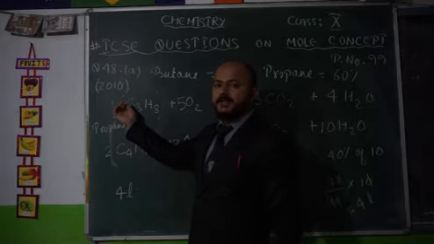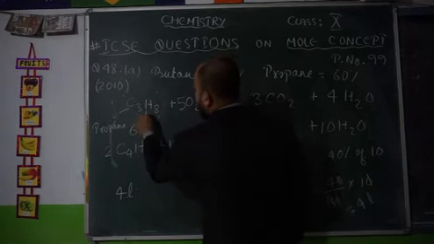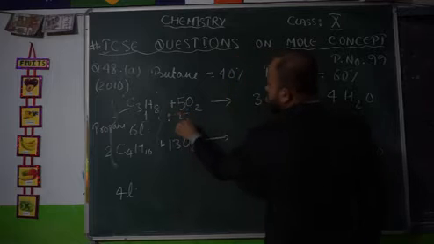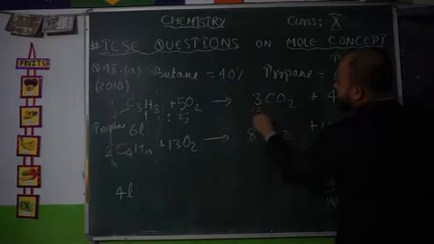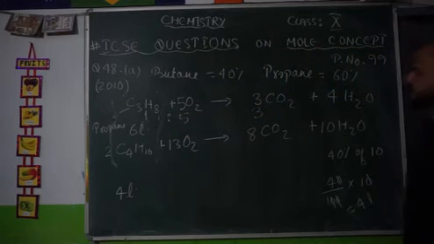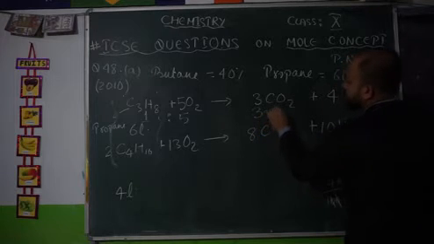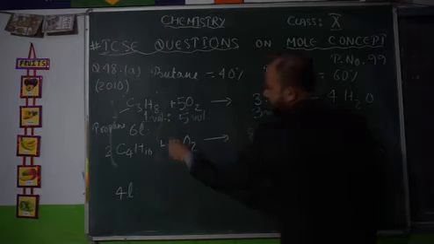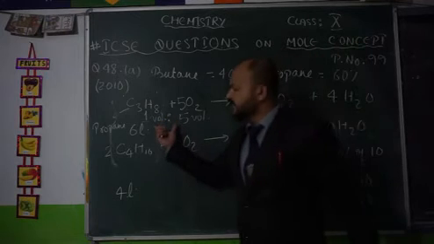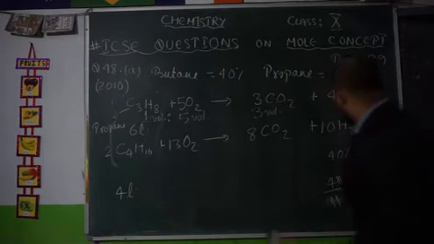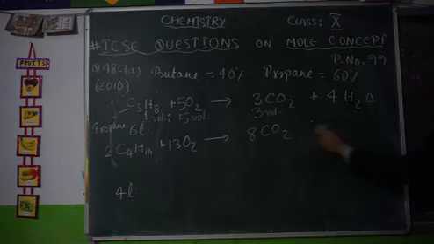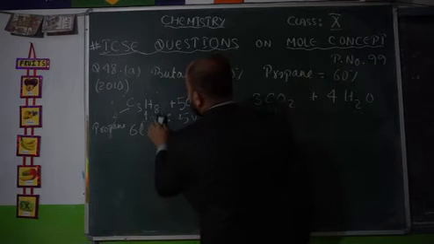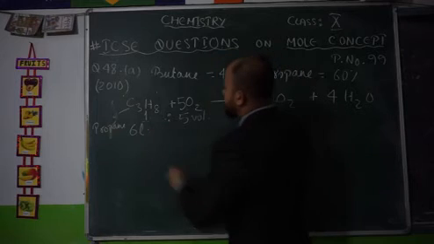So here you don't have anything, that means one is present here. Here oxygen, how much? 5 moles. Here carbon dioxide is 3 moles or 3 volumes. Here also 5 volumes, and this is 1 volume. So let's take this equation first and try to solve it. This is 1 volume,